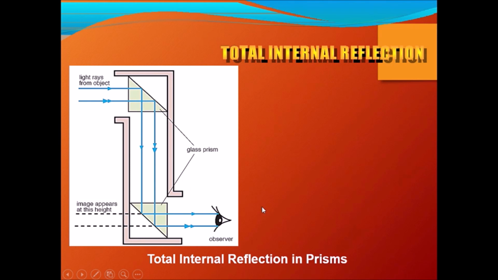So look at this here, the ray of light is coming. Let's say this person is underwater and wants to see things outside. The ray of light comes in and gets internally reflected. Here again one more reflection takes place, total internal reflection, and this person can see things better than with a normal periscope.